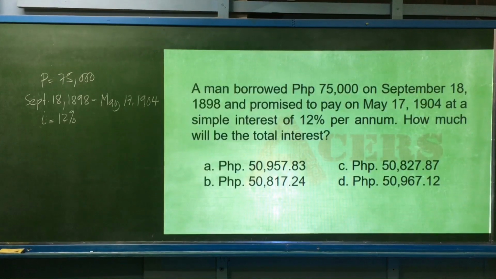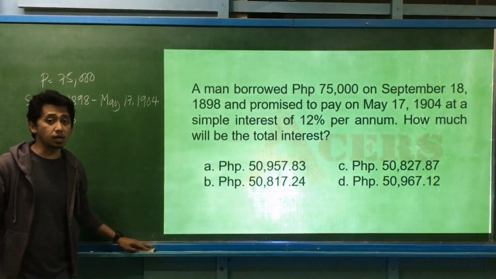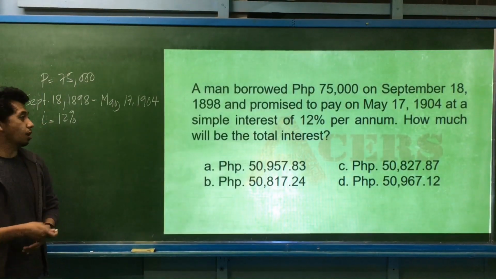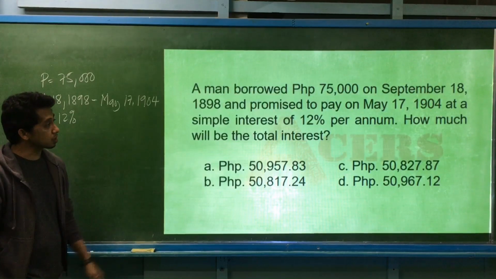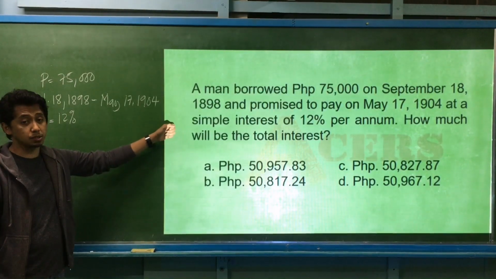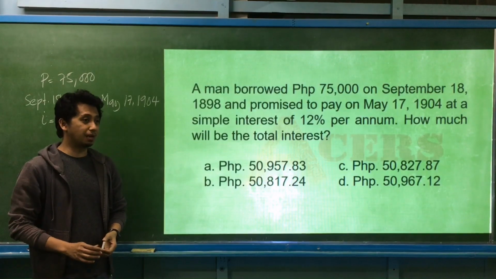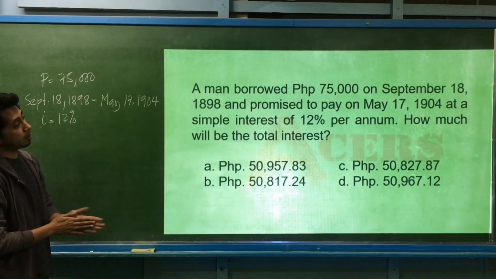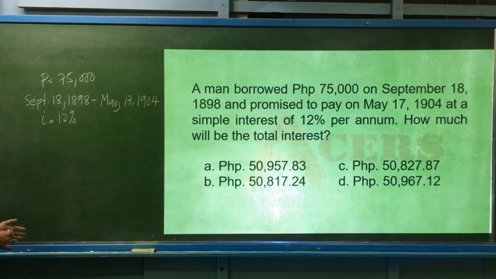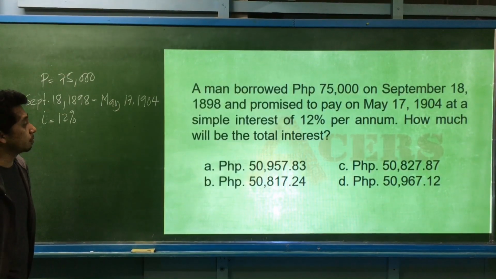Okay, so next example, this is simple interest. Actually, it is exact simple interest. So, ang clue ninyo kung kailan masasabi na exact simple interest is meron siyang mga specific dates kasi kailangan yung bilangin yung exact number of days. Kailangan yung bilangin kung ilang araw. Okay? So, a man borrowed 75,000 pesos on September 18, 1898 and promised to pay on May 17, 1904 at